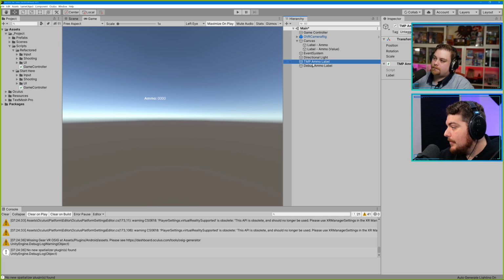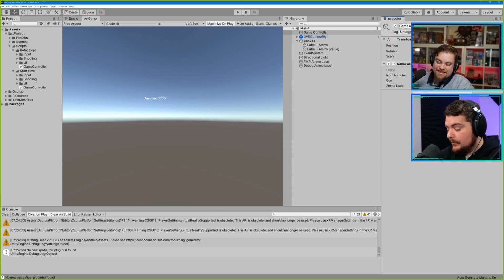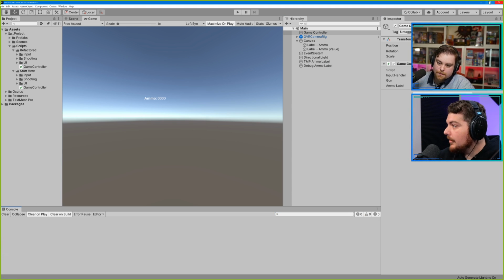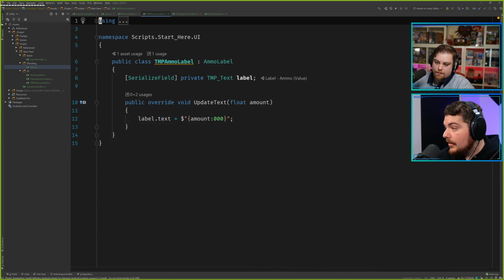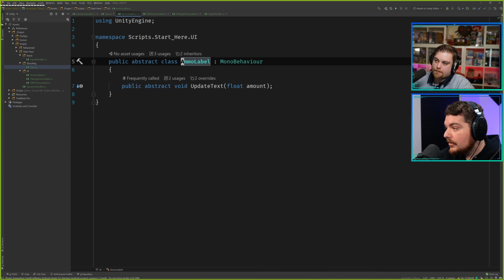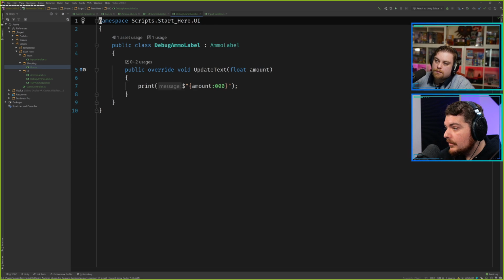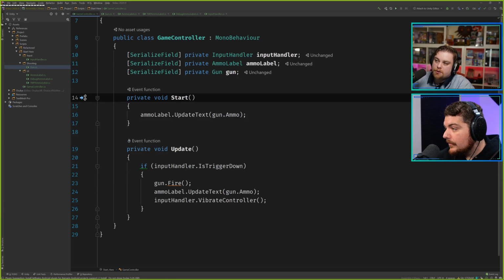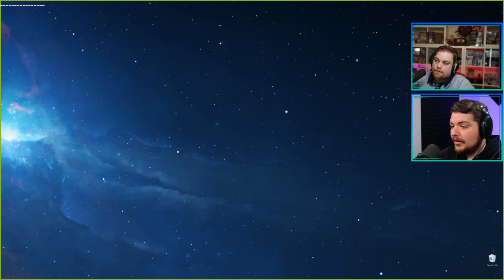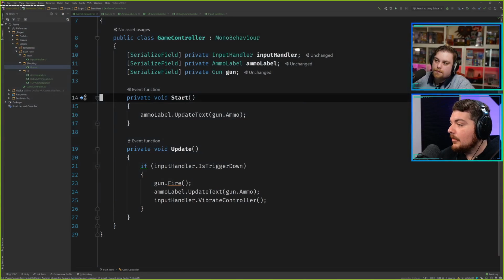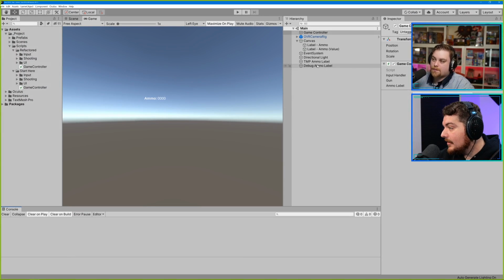Hmm. See real quick, TMP layer, yeah, it's got that. Sometimes Unity has compiling issues. Let me make sure I don't have anything. Clear that out. Go back here and make sure everything's public. Yeah, they both extend our level. Okay, let's try it again. You get to see my fancy background. All right, let's try that again. Unity's going to make liars out of us. It looks like it's going. See how these have the? So it knows it can. I don't know why it's not letting us right now.